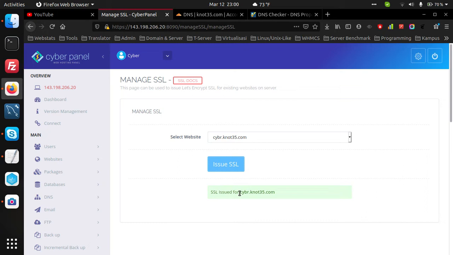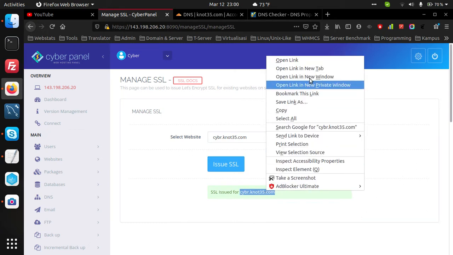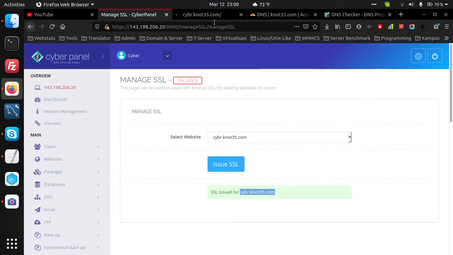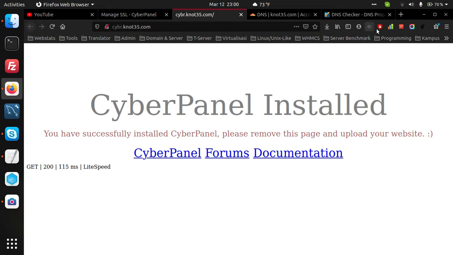Okay, SSL issued, then you can open the domain in a web browser. Okay, CyberPanel installed,